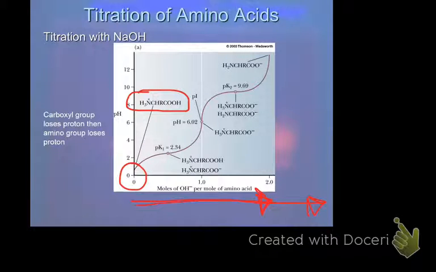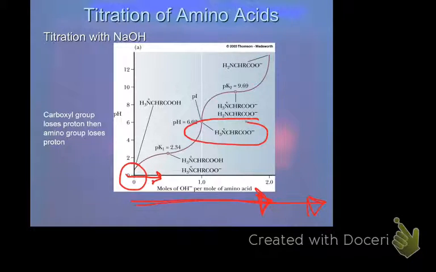But if you start at low enough pH, it's going to have an overall positive charge, because both the nitrogen and the carboxylic acid have their hydrogens. But as you start to add in hydroxide, it's going to first pull off the hydrogen from that carboxylic acid. Once you've added 1 full equivalent of hydroxide, that means it's pulled off 1 full equivalent of H plus. And so that's where we get